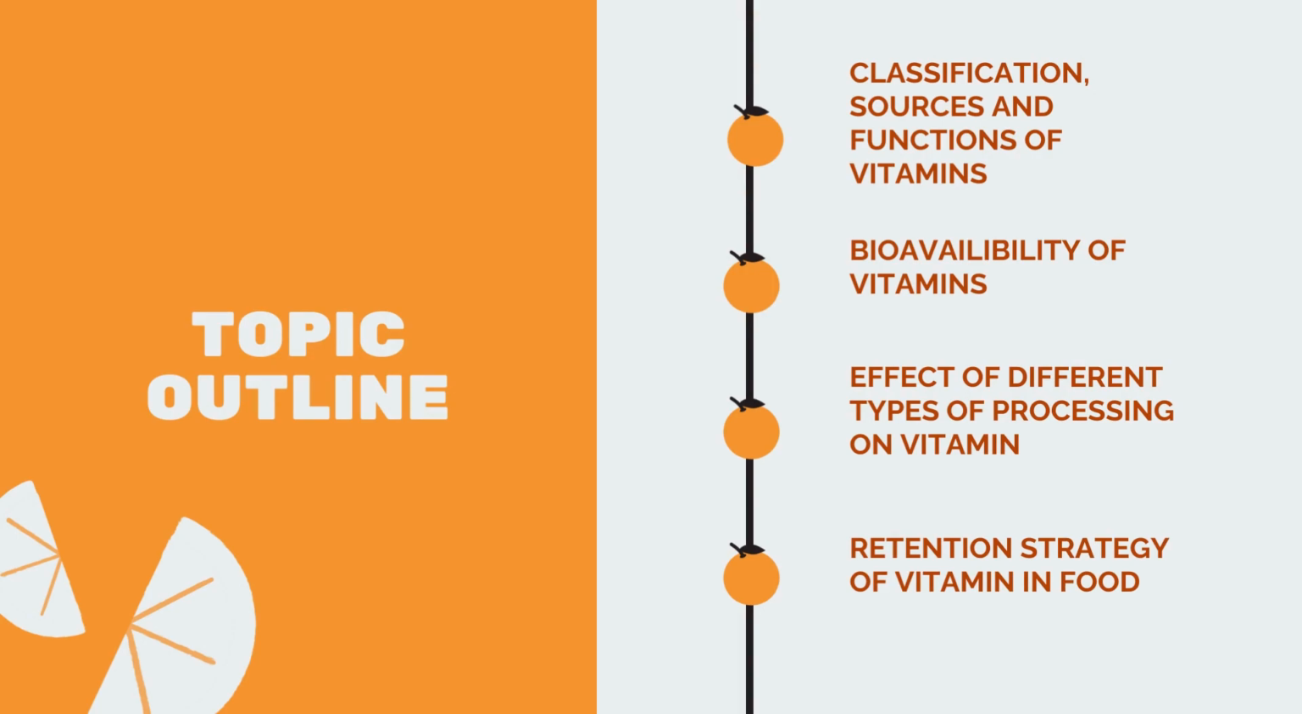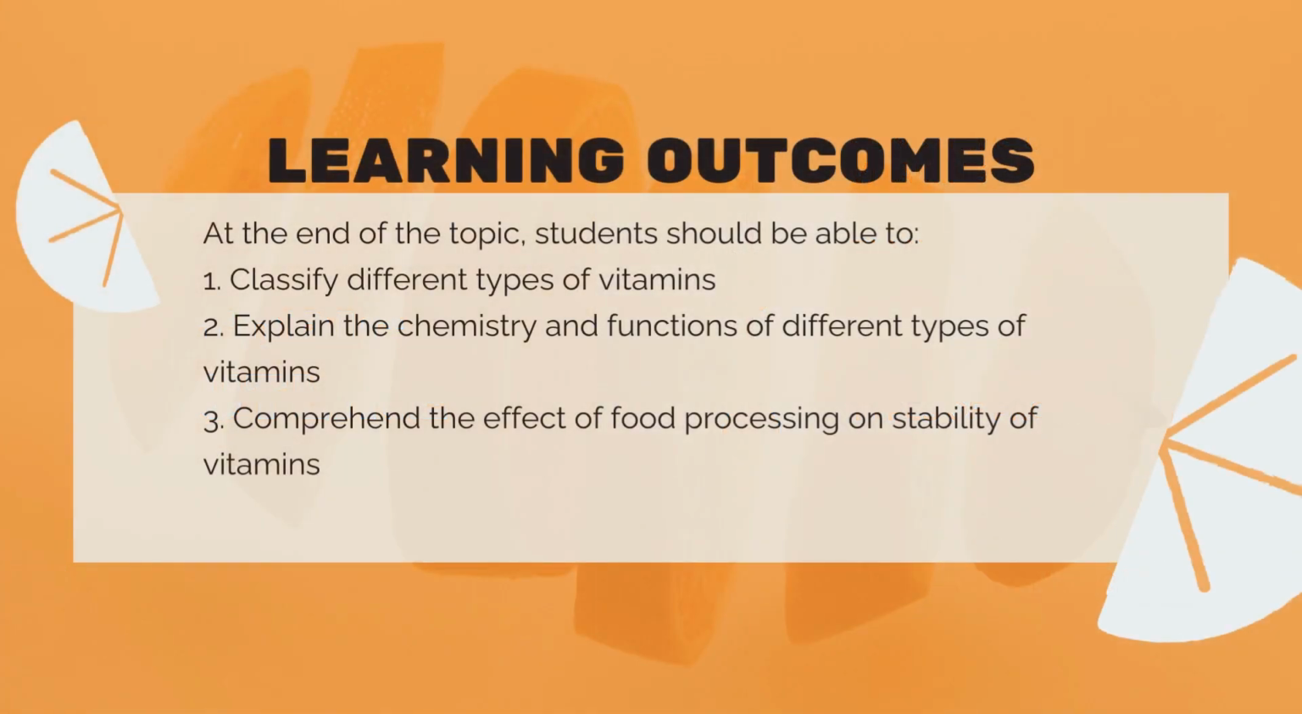The course outline for this module starts with the classification of vitamins based on the sources and structures, bioavailability of vitamins, effect of different types of processing on vitamins, and retention strategy of vitamins in food. Therefore, at the end of the lecture, the students are expected to be able to classify different types of vitamins, explain the chemistry and functions of different types of vitamins, and comprehend the effect of food processing on stability of